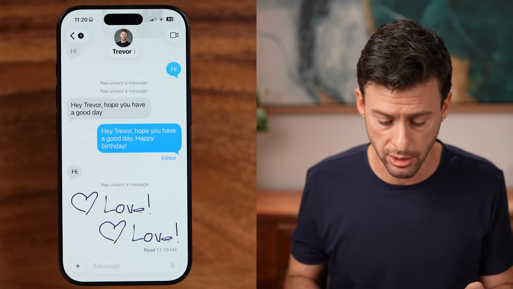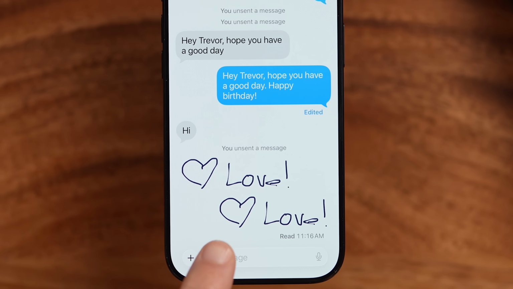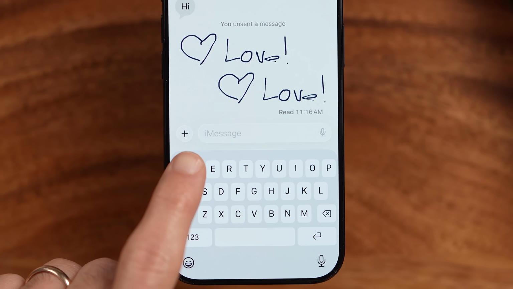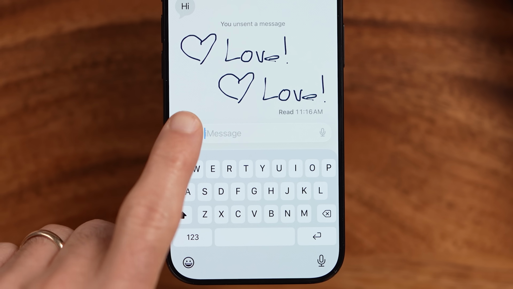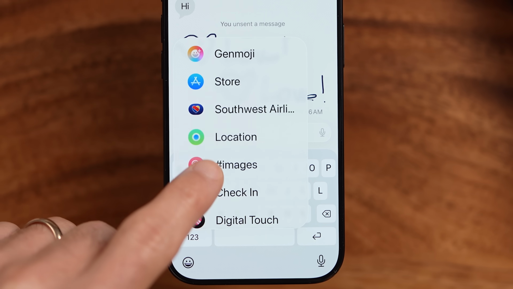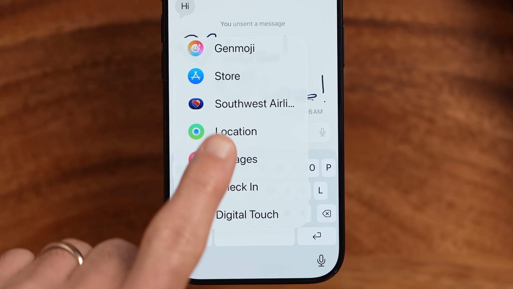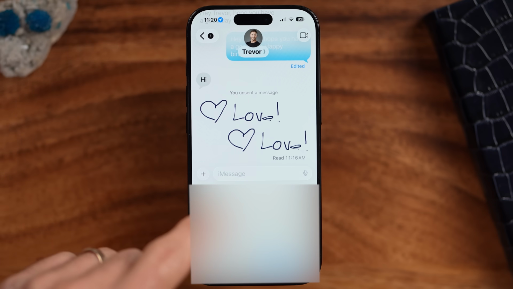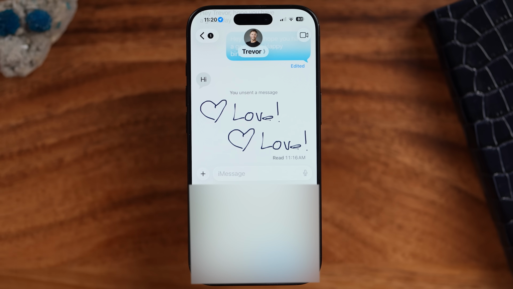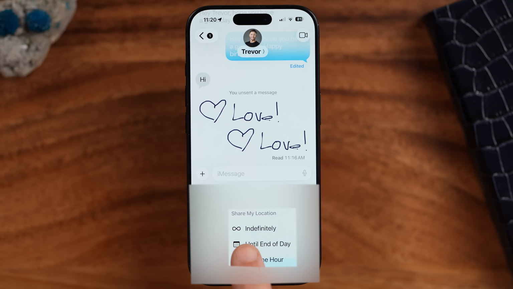After that, you won't share it so that you can meet up. To be able to do that, just tap on the plus to the left of the cursor. Scroll down from here and tap on location. It will pop up with your current location. You can see it pins my location, and I can just tap share, and I can choose to share it